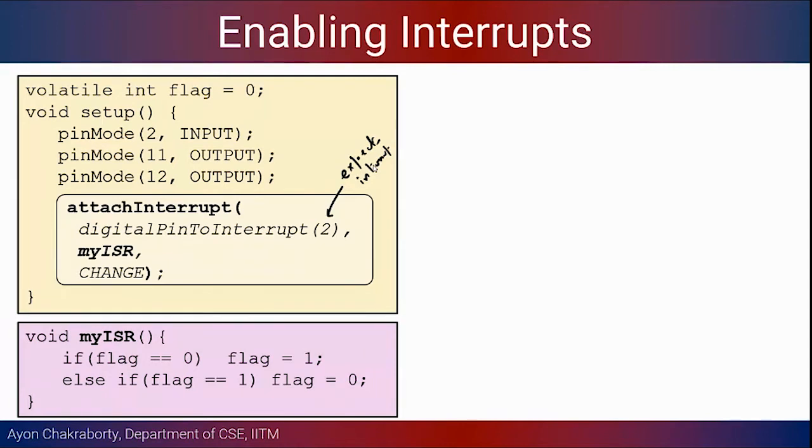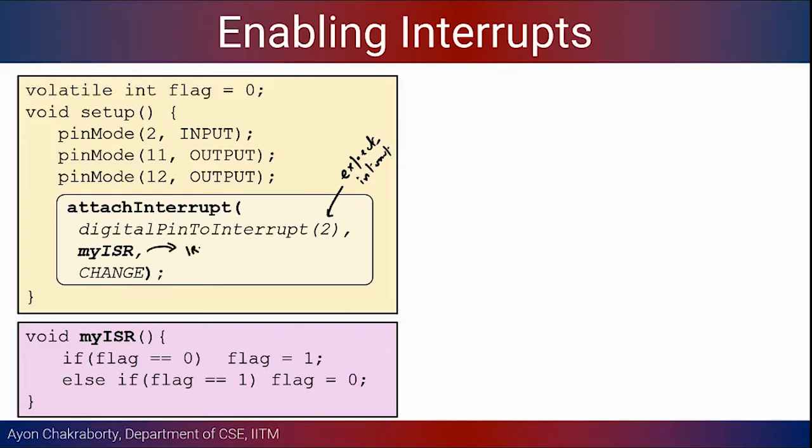The general concept you can look up. If you have to program this in C, there are ways to declare this. The code we are presenting here is specific to the Arduino platform, but the concept is the same. The syntax might be a little different when we attach an interrupt to a specific pin. The signature of this function is like this. First, we declare which pin we are associating this interrupt with. The next one is the function name of the interrupt service routine.